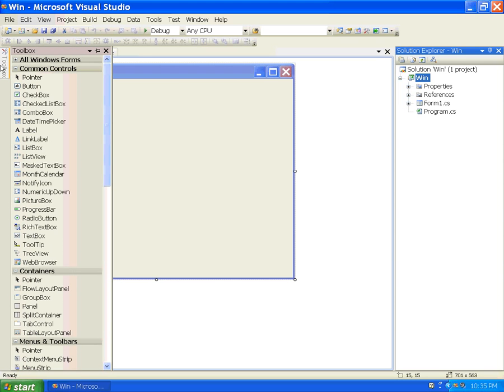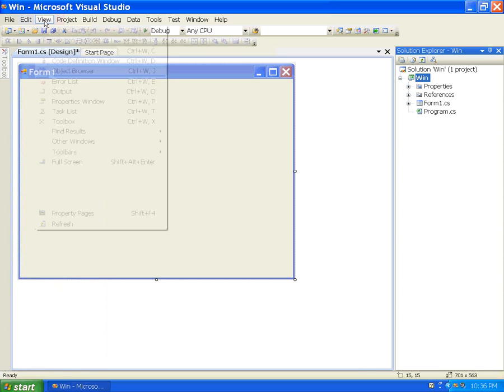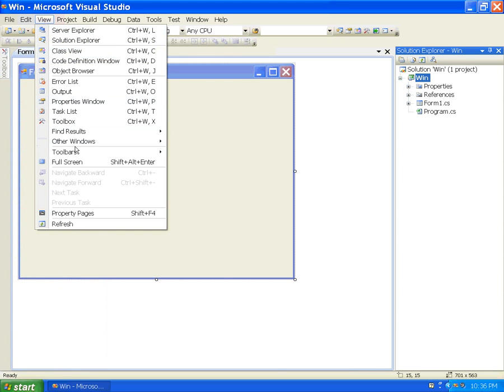The toolbox contains a number of tabs where each tab contains a list of controls and components that can be dragged and dropped into the form. If you don't see the toolbox in your integrated development environment, then go to the View menu and select Toolbox, or press Ctrl W or Ctrl X.